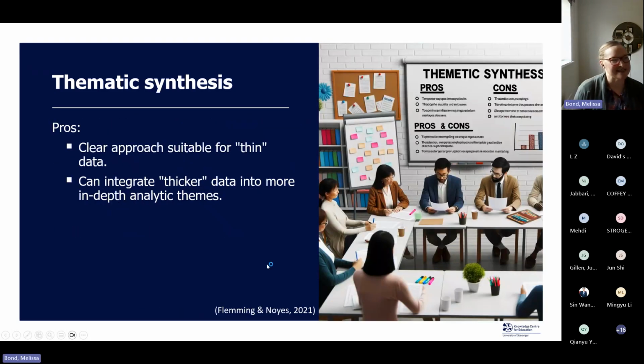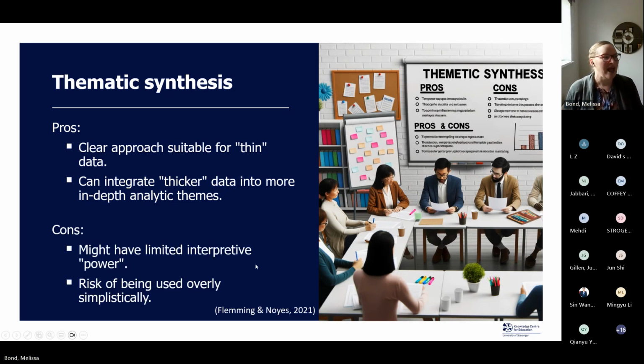So the pros for thematic synthesis: it is a really good approach for when you don't necessarily have a lot of thick data. So you don't necessarily have a lot of participant quotes in the studies that you are synthesizing. But you can also then use it for what's called thin data and thick data, and you're able to navigate them into more sort of in-depth themes.